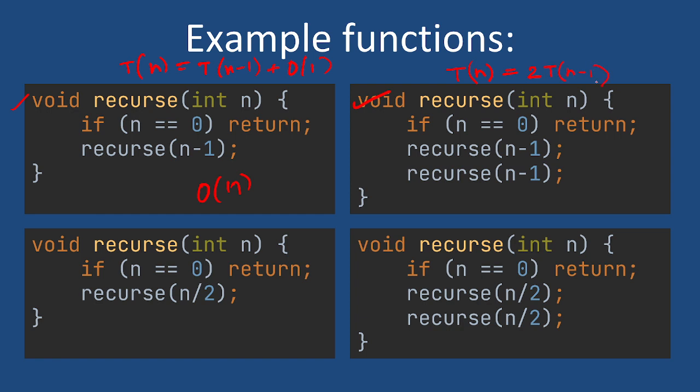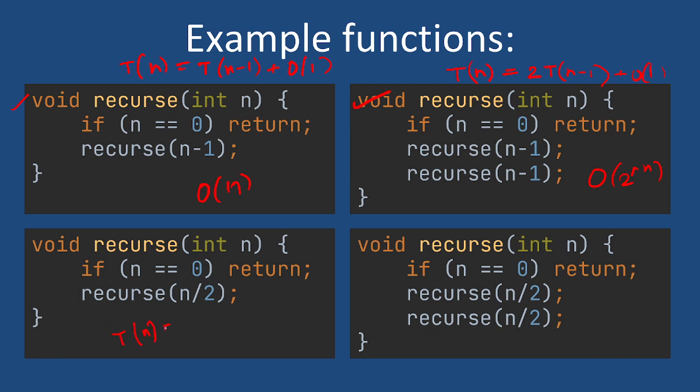Am I writing it correctly? Are you all with me? Plus how much? Multiplying by 2 every time. O of 2 to the power n, right? This one,